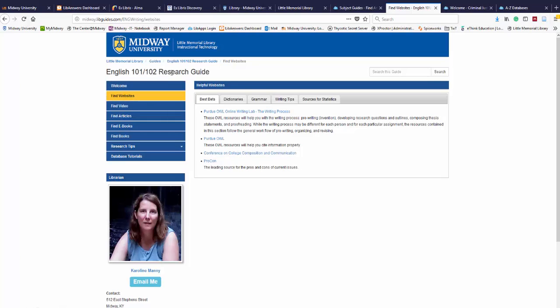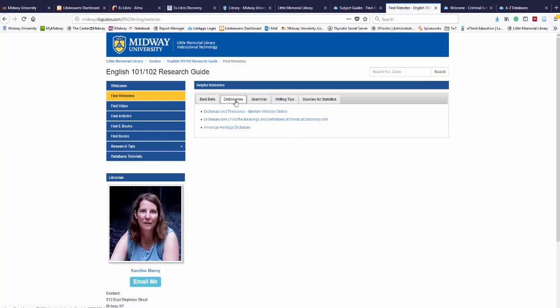For the English 101 and 102 research guide, the best bets websites are the Purdue OWL for the online writing lab, which will help you with your writing, and also some links on college composition and communication, and a link called ProCon, which is a source for pros and cons of current issues, which is a common writing topic that you will be faced with in English 101 and 102. So we thought those would be valuable websites. We also provide you with links to dictionaries,